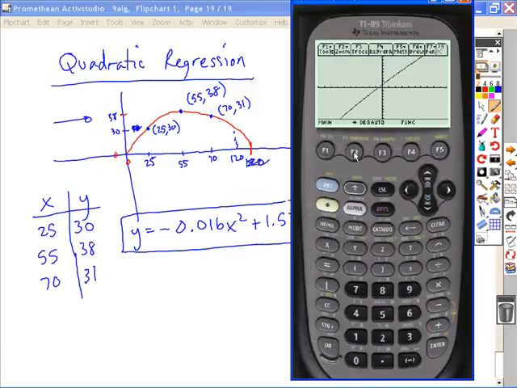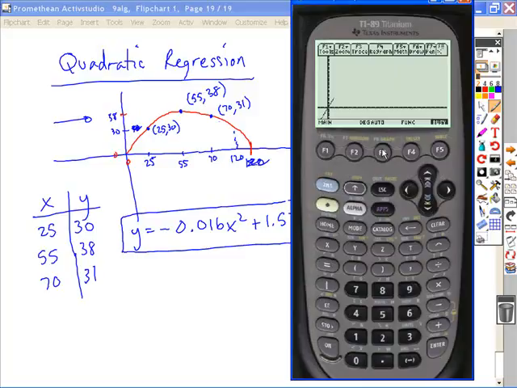Go to window, which is green diamond F2. The x minimum doesn't matter, but what about x max? Let's go all the way to 120. Okay. The scale you can change if you want. It doesn't really matter. I mean, you can put it as 10 if you wanted to. The y minimum, not really going to matter. The y maximum, we want it to extend beyond 38, so let's go to 50, just to be safe. So if you set your viewing window so that you know you're going to view everything, we can now relook